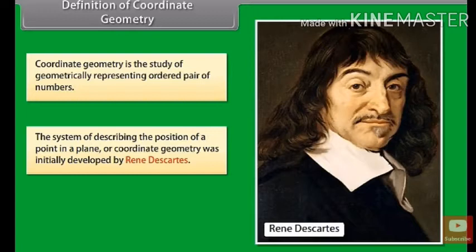What is coordinate geometry? A system of geometry where the position of points on the plane is described using an ordered pair of numbers. The representation of a point on a plane with the idea of two references led to the development of a new branch of mathematics known as coordinate geometry. René Descartes, a French mathematician and philosopher, developed the study of coordinate geometry. He found an association between algebraic equations and geometric curves and figures.